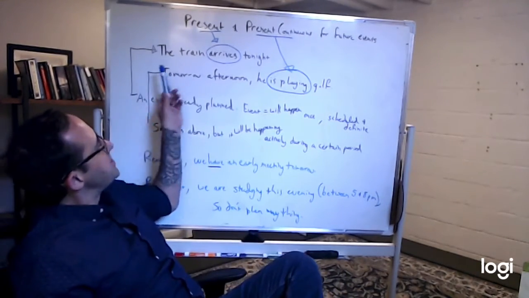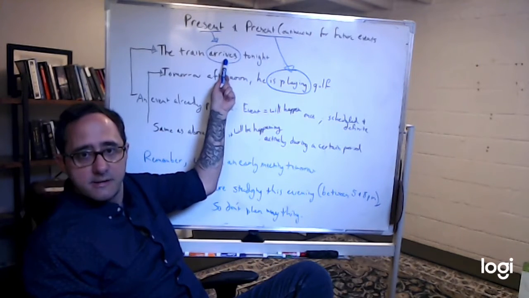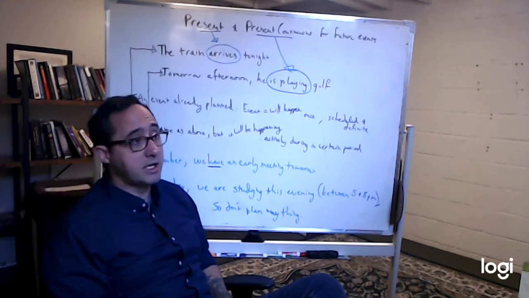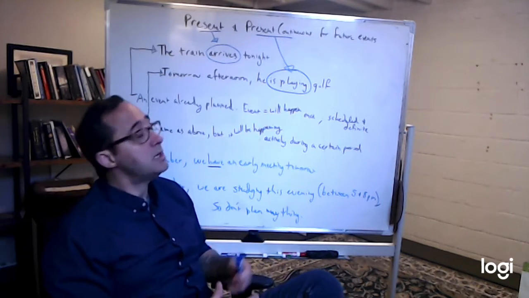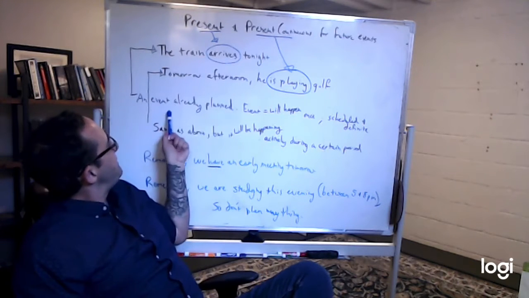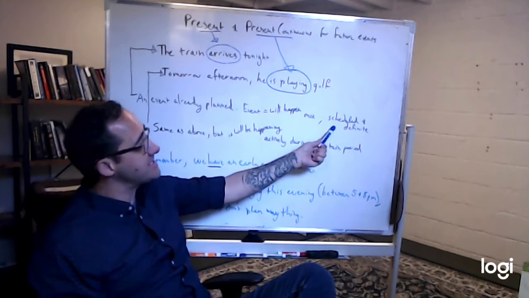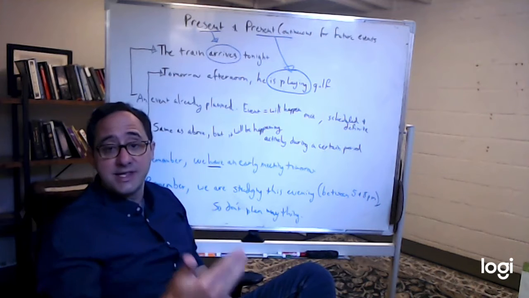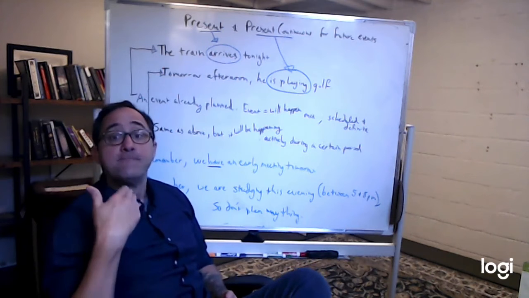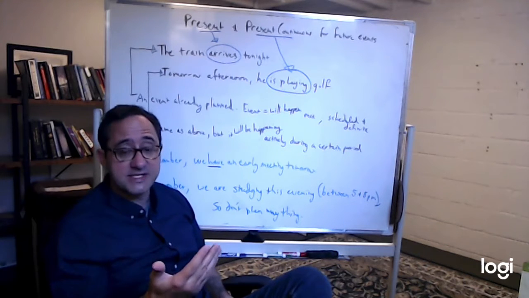So, first one, the train arrives tonight. What form is this in? This is in the present form. I go to work daily. I go. That's present tense, right? Well, we can use it for the future because it's an event that is already planned. It will happen once, and it's scheduled. It's definite. The plane leaves at 8 p.m. Okay, it's a one-time event. The plane leaves at that time.